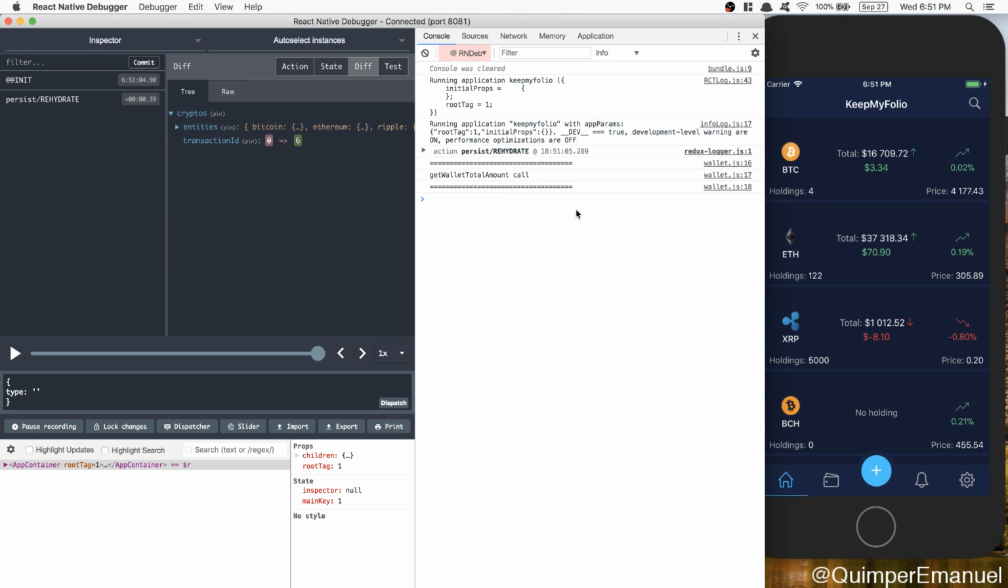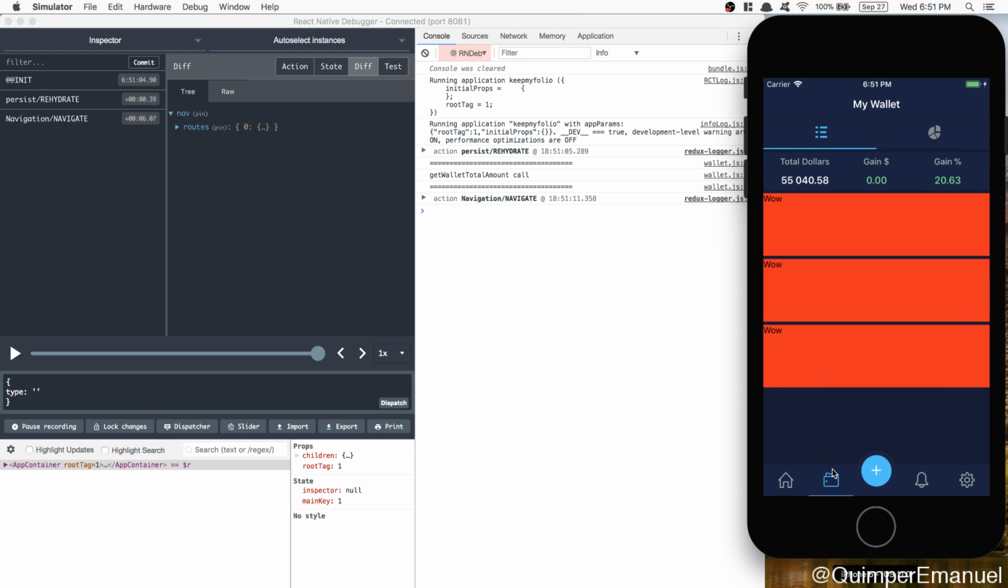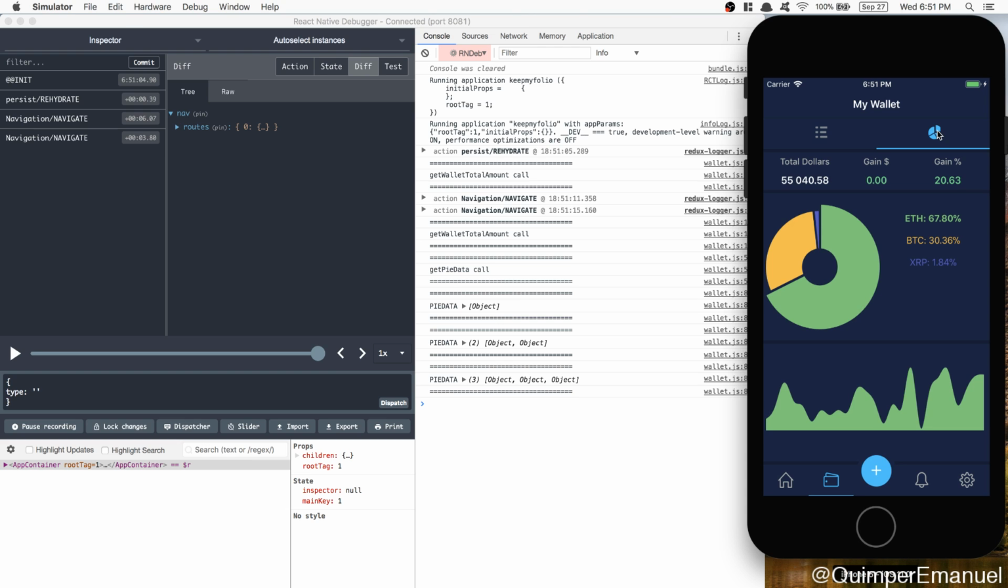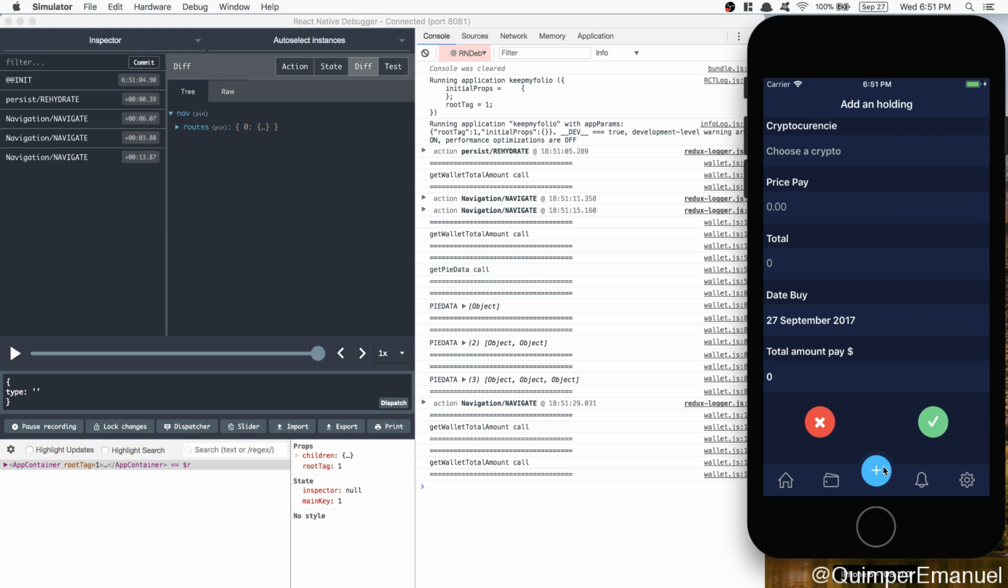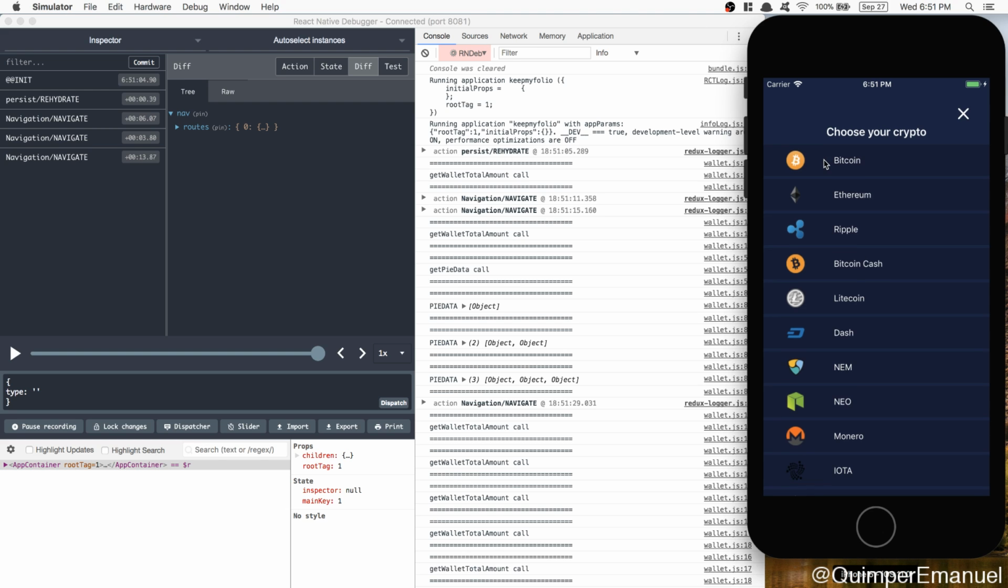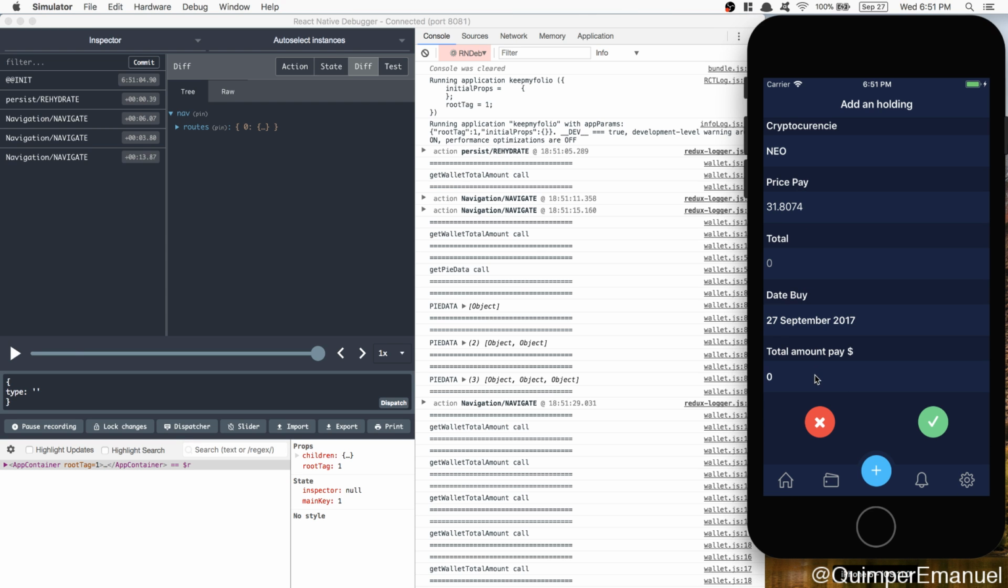So the get wallet total call, the amount has been called. After that, this one no, and now I'm going to get called here. Get p data call, and also get wallet total amount have been called again. But now if I add, for example, 200 neo,